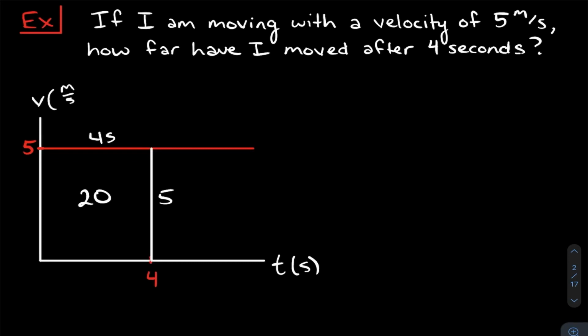V is in meters per second, so this is meters per second. And so when you multiply those together, again, the seconds cancel off, you're left with meters. And so I understand that it's probably pretty weird for you to have an area represented as a distance, but